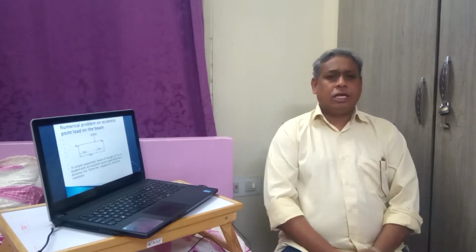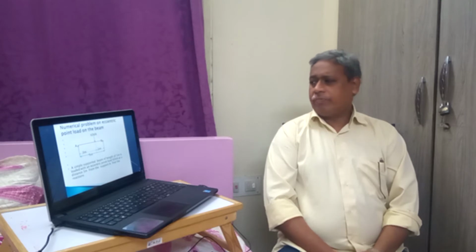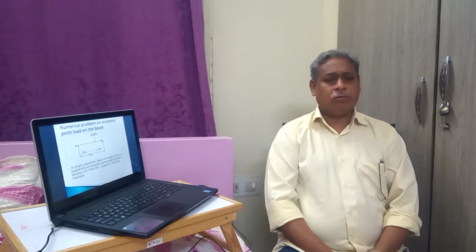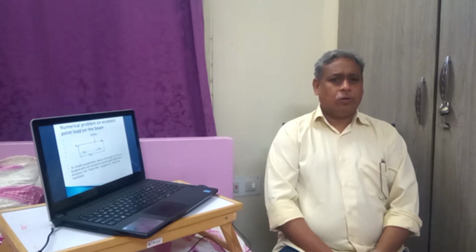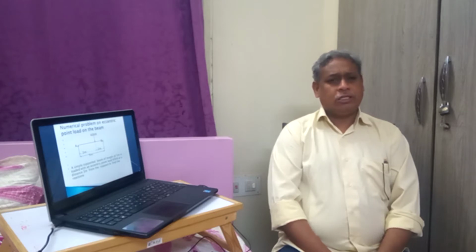We have seen a simple problem in simply supported beam with a point load, that is eccentric. We have seen a simply supported beam with a central point load will give you the reactions equal to half of the load. So each reaction will be equal to half of the applied load. If W is applied, it will be W by 2 and W by 2 are the reactions at supports RA and RB.